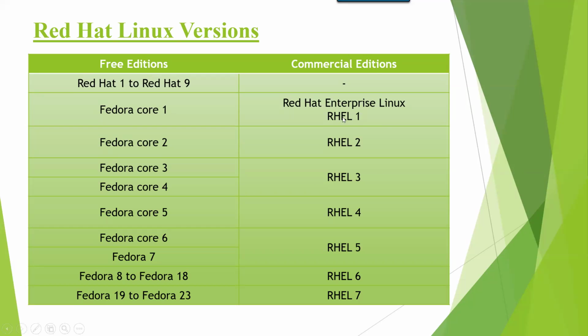Okay, so these are the free editions and these are the commercial editions. What is the difference between free edition and commercial edition? From the year 2000 onwards, they introduced commercial editions; 2003 onwards, they released commercial editions. In the commercial edition also, the operating system is free only. The difference is that they will charge for technical support. If you want technical support from Red Hat, they will give commercial editions and charge for technical support. But the operating system is free.